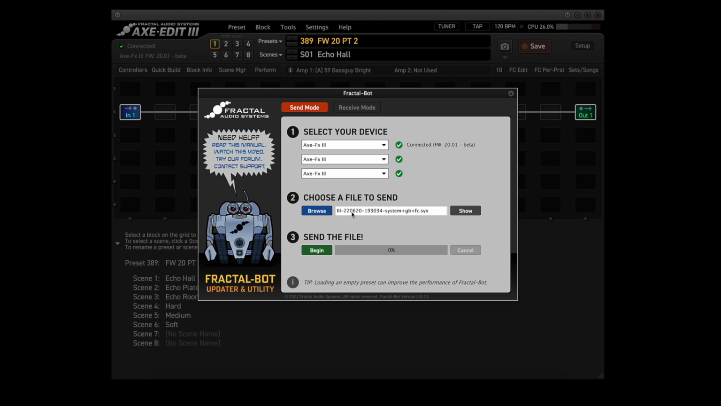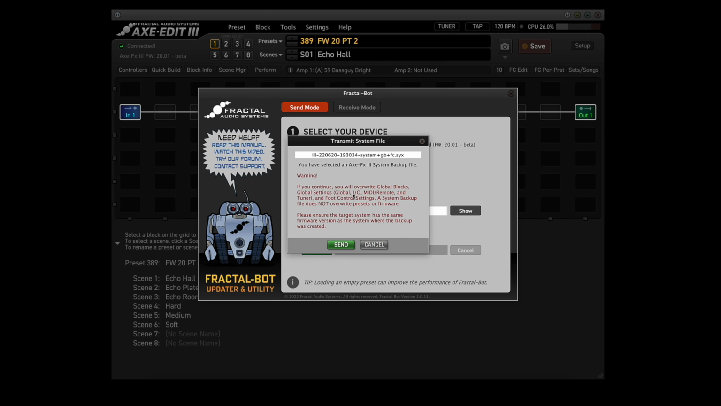This system backup was created on June 20th, 2022 at 7:30 p.m. and 34 seconds. And you will get a warning message saying you will overwrite all your global blocks, your global settings, and foot controller settings. A system file does not overwrite presets or firmware. And you need to make sure that you're using the same firmware that you backed up your system with. So you'd click on Send,